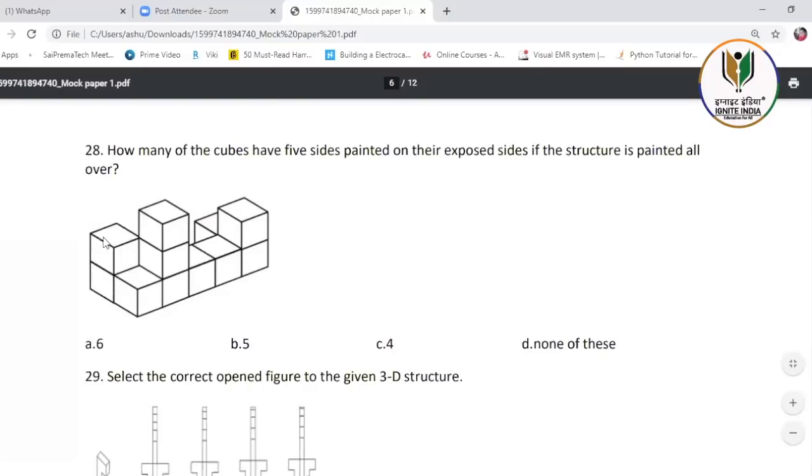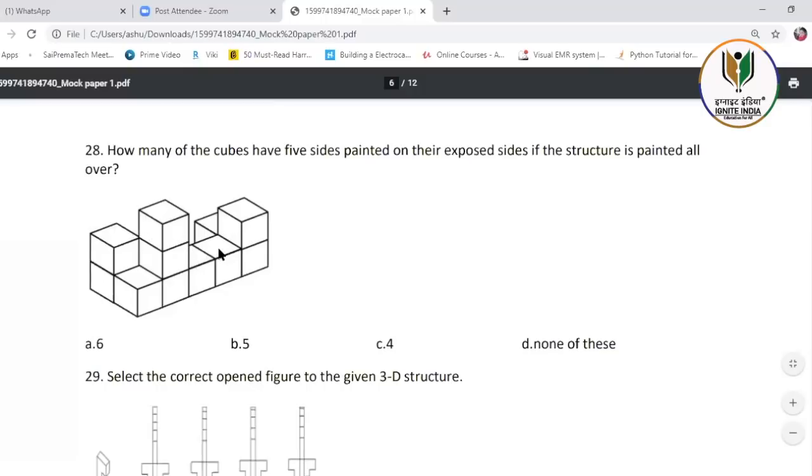When you do problems like this, symmetry is very important. If a block in this position is painted, 5 sides painted, this part also will be having one such block. There is 2. Okay, 1 and 2 is there. Then there is this one. Can you consider this? 1, 2, 3, 4, 5. Again, this also is 5 sides painted. The only one remaining is the bottom part, which is attached. So there's 3 you have, 1, 2, 3.